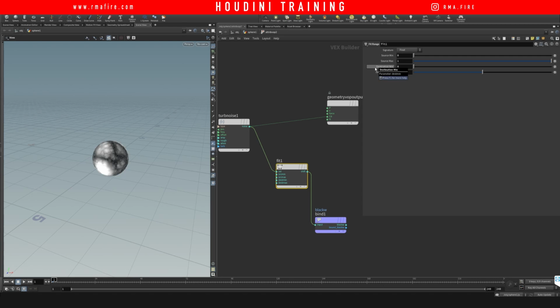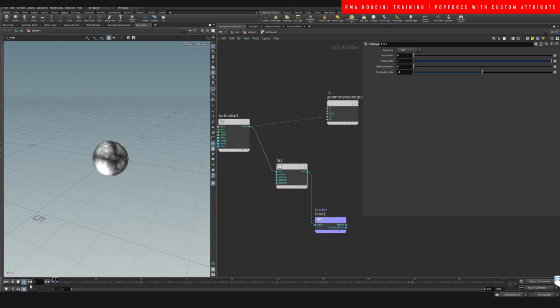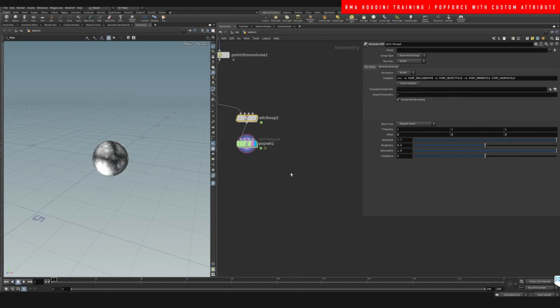So let's do the maximum 8.5, see if that will do the trick. And that does work. As you can see now, the white isn't really as strongly affected. What do we do? 8.2. So now you can see that the white is even less affected, right? And there's a lot of really cool things that we can do with this kind of effects,